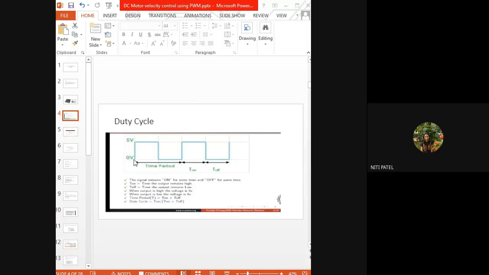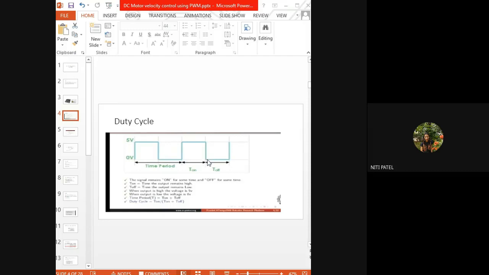So right now the signal has two values. One value is 0 volt, other value is 5 volts. Whenever it is going high, that means it is going up till 5 volts. It stays at 5 volts for some time. Again, when it is coming down or going low, it is coming back to 0 volts. That means it is not working. Again, when it is working, it will go to 5 volts. It will remain at 5 volts until when it is working. Once it has stopped working, it will come back to 0 volts.